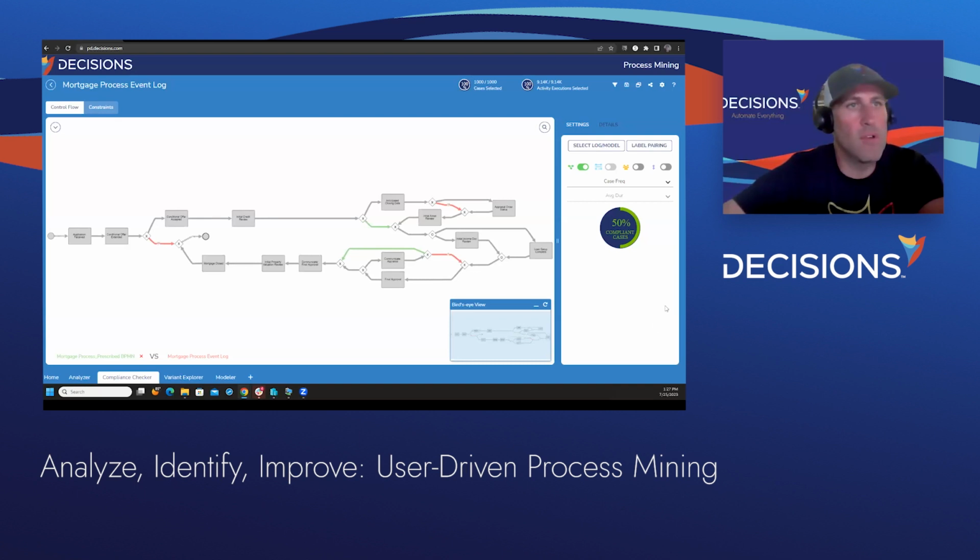What's most important is that we're seeing that our ideal versus the real is only 50% compliant. So what does that mean? That means that of all the cases that we're mining, all the mortgage processes that we're mining, only 50% of these cases are going down the ideal pathway. And so we ask ourselves, why are the other 50% going down another pathway?